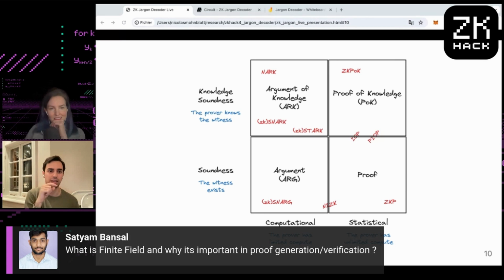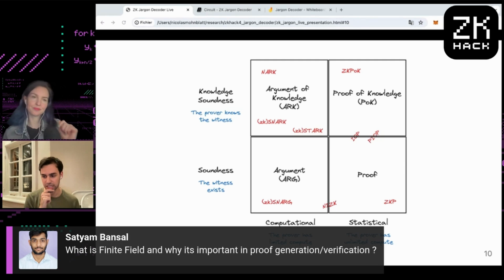This looping back means that if I ask you to take a number at random within that finite field, there are no numbers that are more likely to be picked than others because we have that loop back. And if I ask you to pick a number, pick another number, add them together, it still looks completely random, which you wouldn't have in something that's not finite. So that's why they're important. They give us this property that we can sample things at random, process them, and the output will still be sort of random looking. The other property that they have is that the discrete logarithm problem is hard.